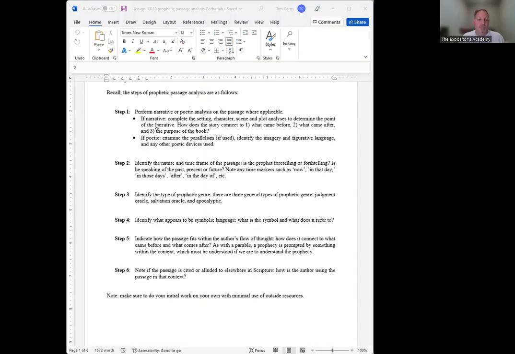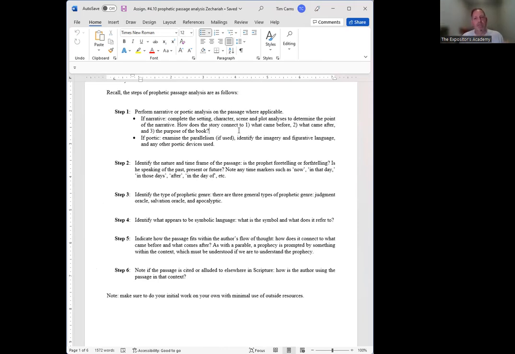So when you're doing step 1, what I want you to do is identify maybe the setting and the scenes. You can note the characters, but there's not a story with a plot being told in these particular verses.